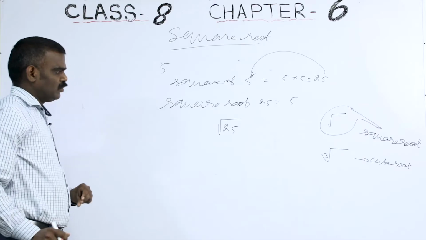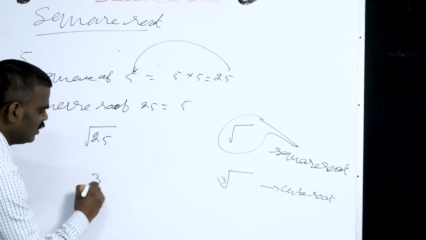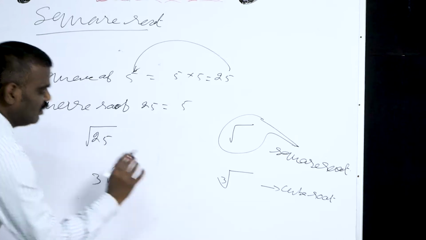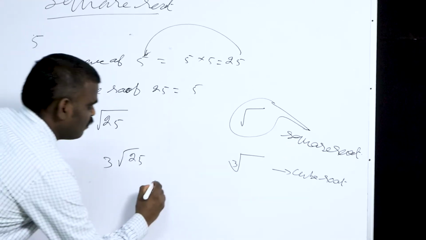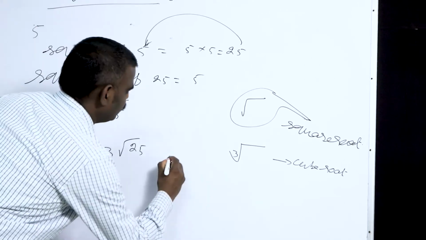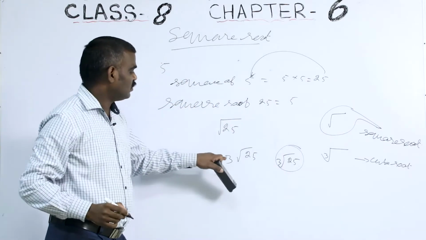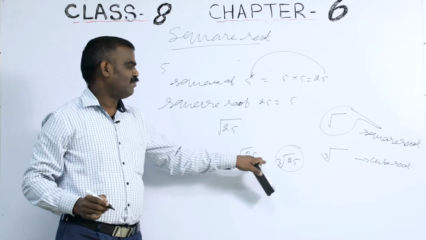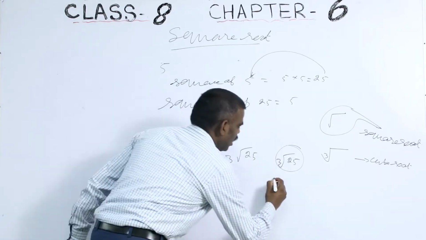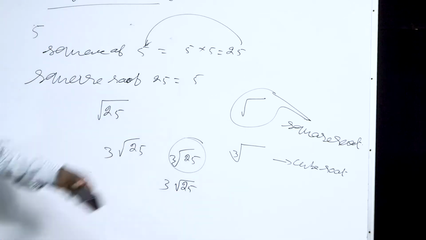Understood? Okay. So when you are writing the number, you have to be very careful. Suppose you write 3 times the square root of 25. This is the correct way of writing. By mistake, sometimes because of your style of writing, you want to say 3 into square root of 25, but it becomes cube root of 25. By mistake, this 3 goes inside. It has to be completely outside. So you have to be very careful while writing these symbols.